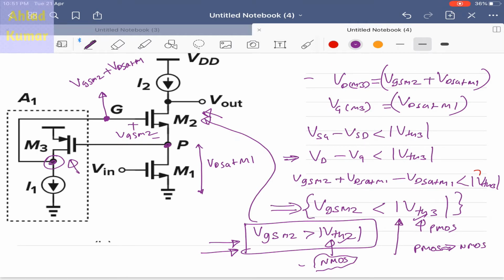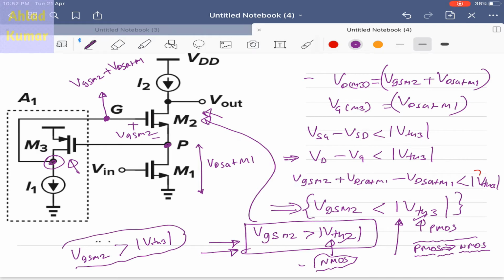But normally this boundary, that is the threshold voltage of PMOS, is roughly equal to NMOS, because normally this difference is very small. It so happens that VGS of M2 is greater than VTH3. So if that is the case, then this M3 will enter into triode region, because for saturation it has to be less, but in triode region it has to be greater than VTH3. And the reason I have pointed out that the difference between the threshold of PMOS and NMOS is very small.